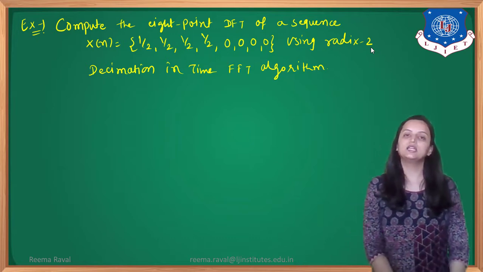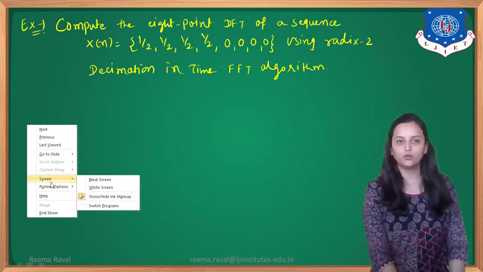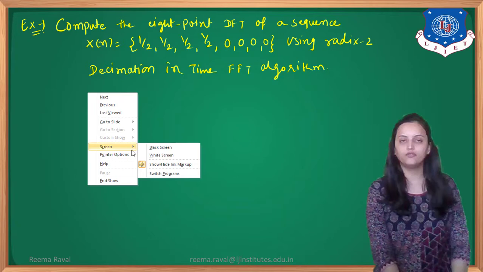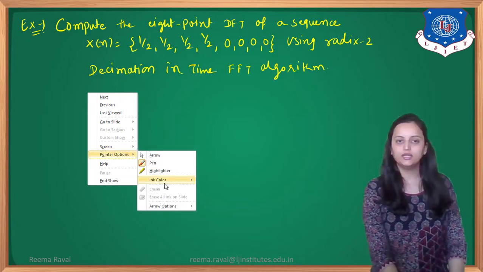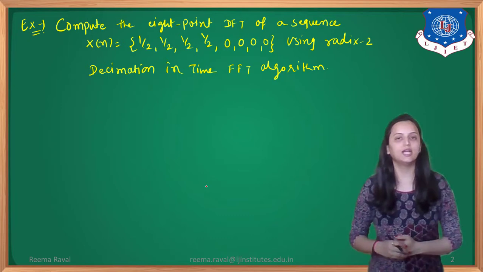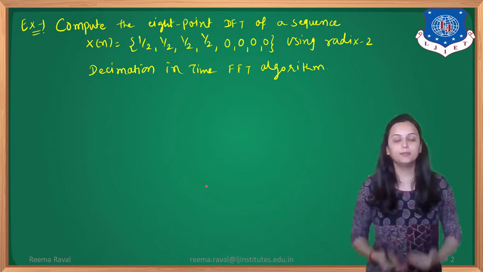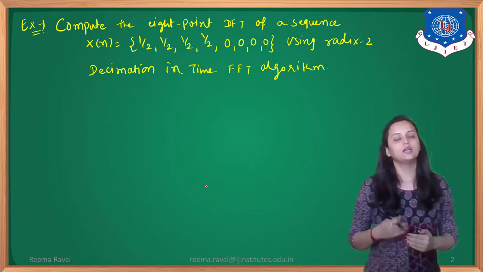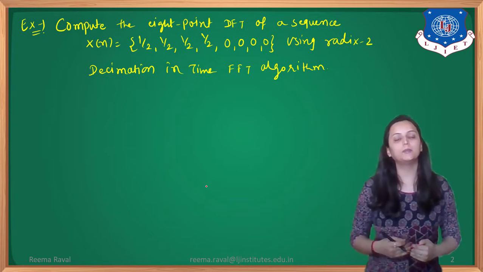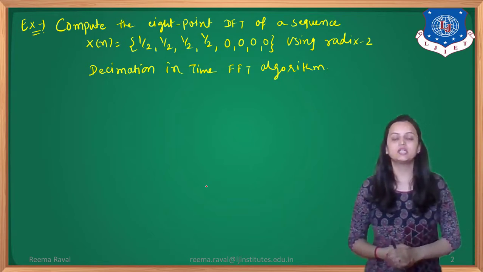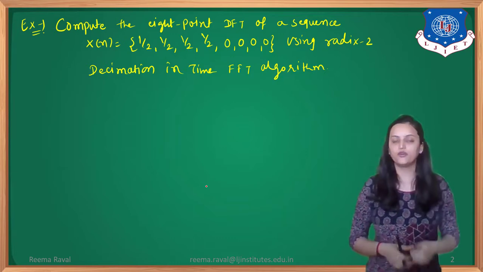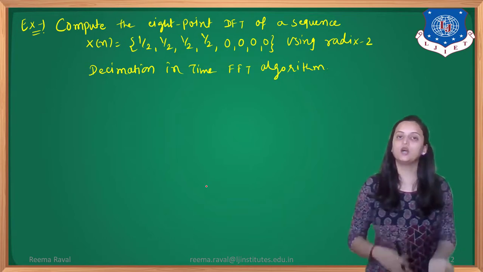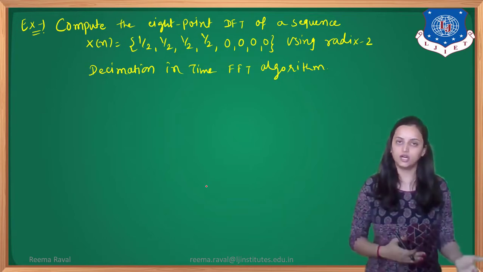So here what we can conclude is that the values given to us are in terms of x of 0, x of 1, likewise. Based on that we need to derive the particular equation, and for that we will draw a butterfly structure and place all the values in that structure according to the input order, and we will calculate the output of each and every stage to get the combined output at the final side. As we know, we have 3 stages for N equals 8, so we will calculate the output of the first stage, then the output of the second stage, and then the output of the third stage, which will give us the final output.